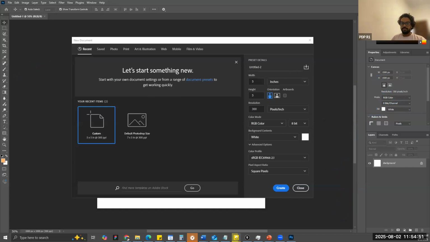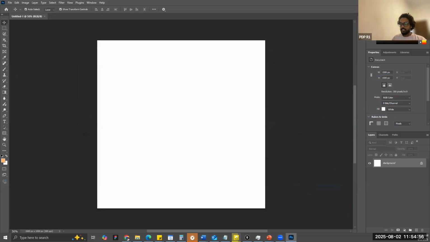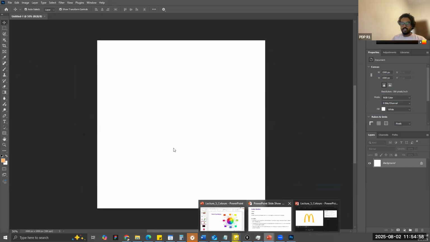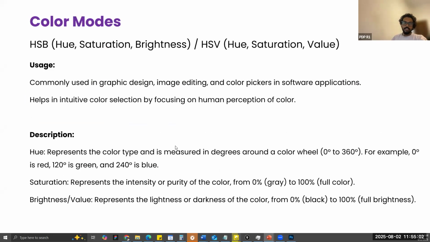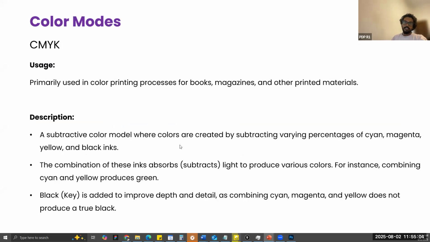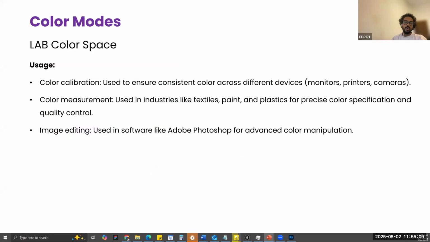Understood? Understood about these colors, color modes? First one is RGB, second one is HSB, third one is CMYK, and then there is another one called Lab colors, right? Lab colors means most of the time this color mode is used by